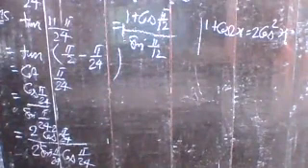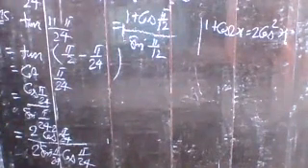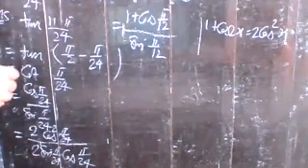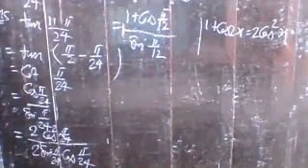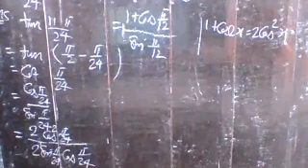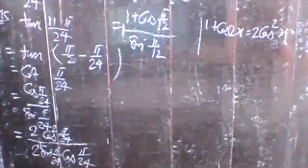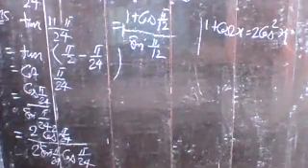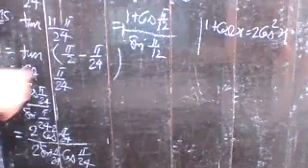Now cos pi by 12. How do you find the value? Do you know what pi by 12 is? If you convert pi by 12 into degrees, you can very easily see that pi by 12 is 15 degrees. The value of 15 degrees can be obtained by 60 minus 45, meaning pi by 3 minus pi by 4. Understand? So write it.